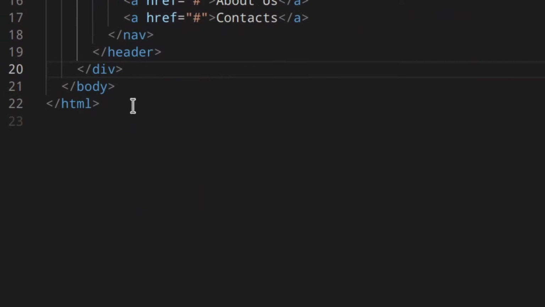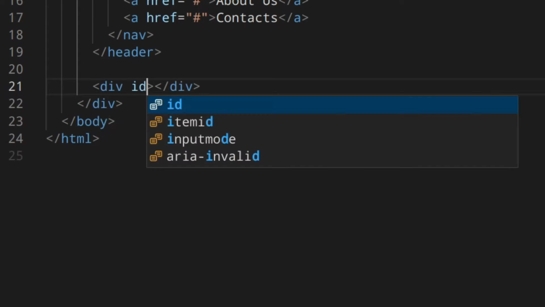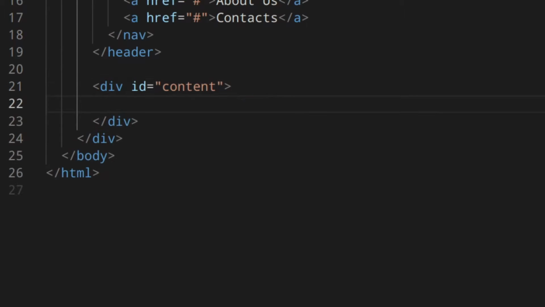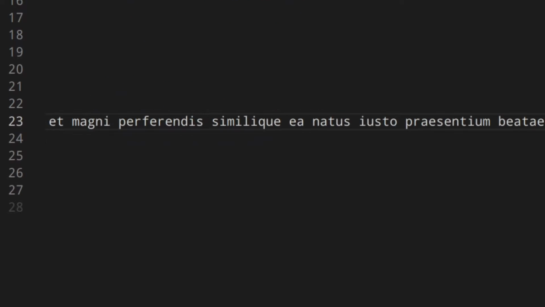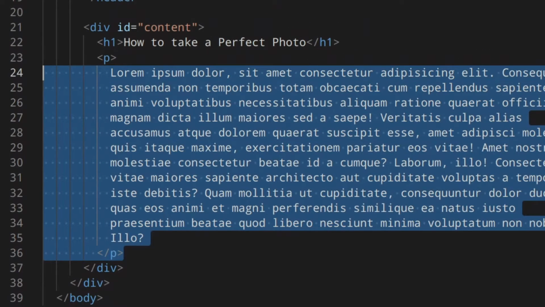Okay, then down here I'm going to add a div containing the content, so the ID content. Then inside of here an H1, a title, how to take photo, something like that. Then the paragraph containing, I don't know, something like Lorem 100, something like this. All right, that is enough. Then I'm going to just duplicate that,